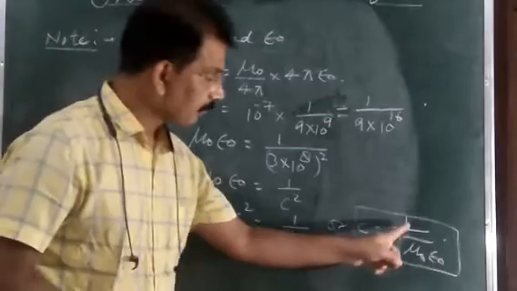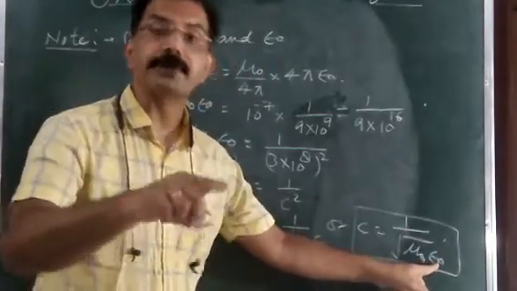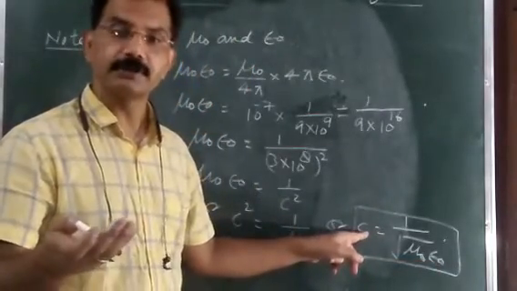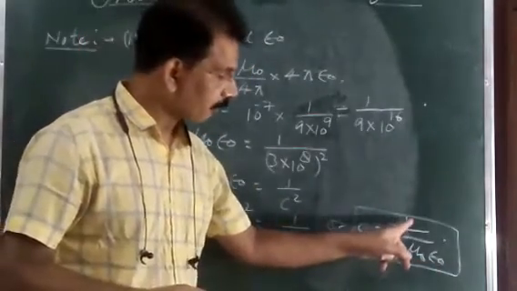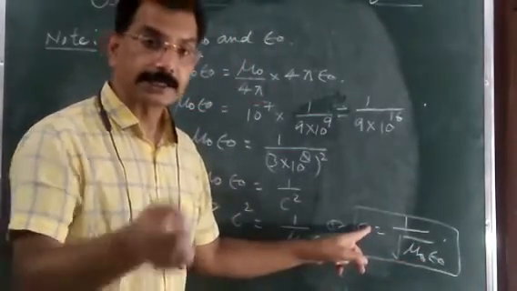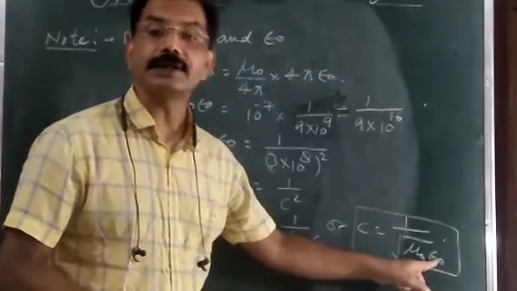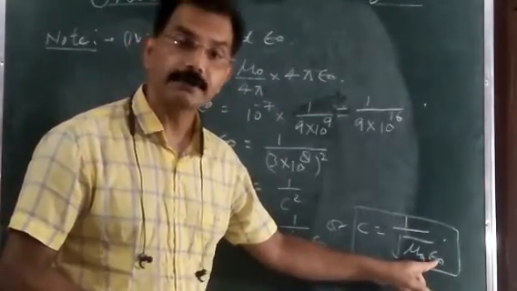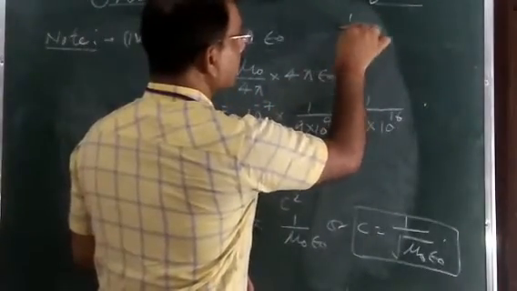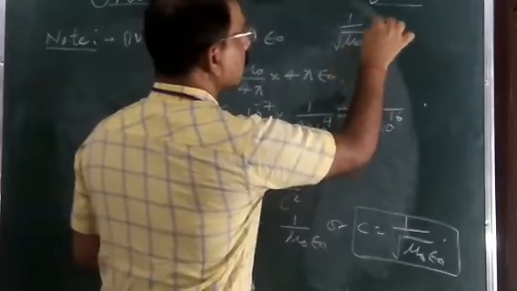याद रखिएगा 1 upon root mu naught epsilon naught का यूनिट मीटर पर सेकेंड, क्योंकि ये c के बराबर है, and unit of speed is meter per second. So 1 upon root mu naught epsilon naught, its unit is meter per second. Dimension of 1 upon root mu naught epsilon naught is LT to the power -1. So suppose if anybody asks you what is the dimension of 1 upon root mu naught epsilon naught,